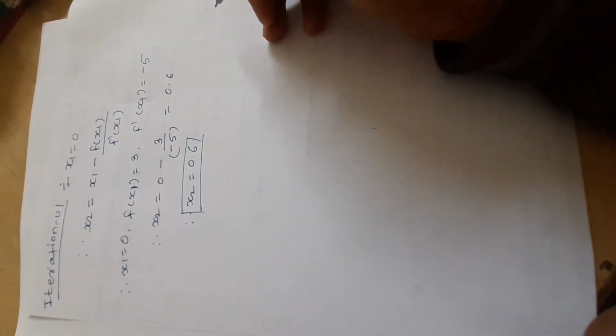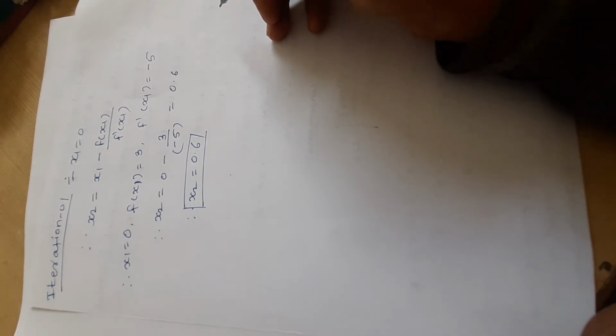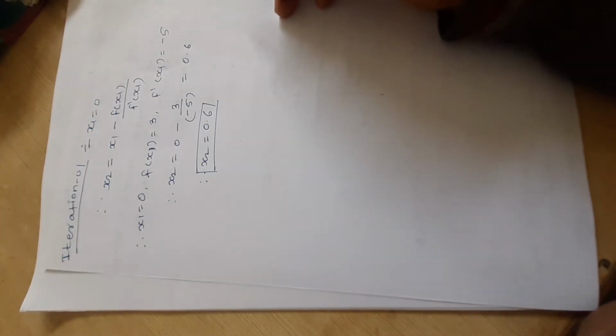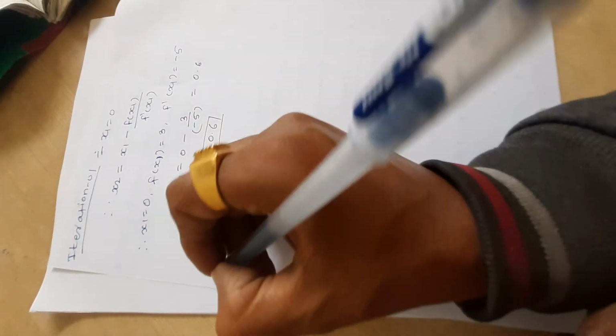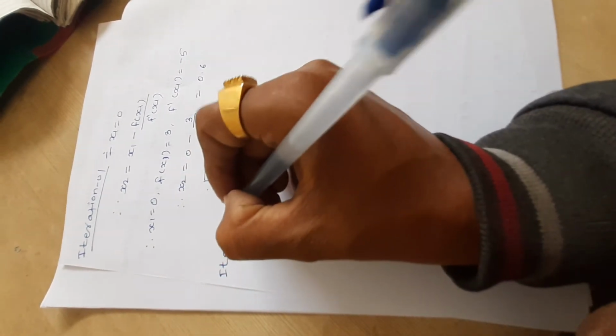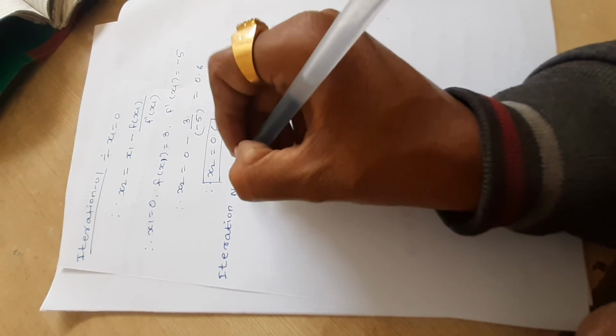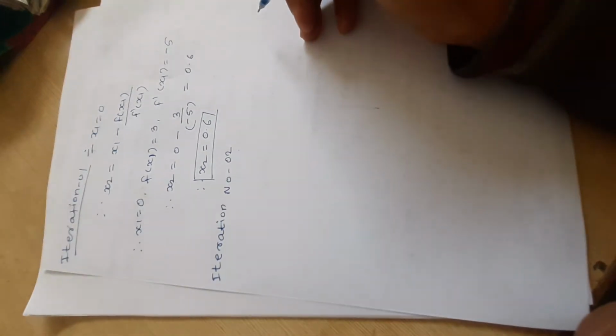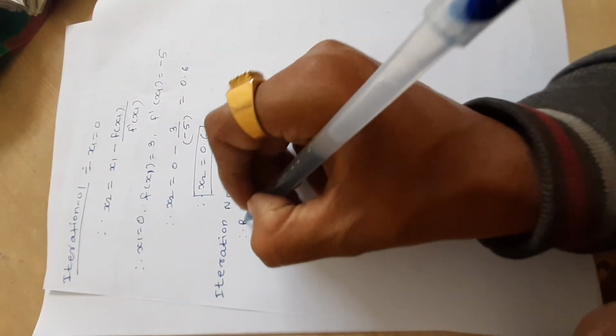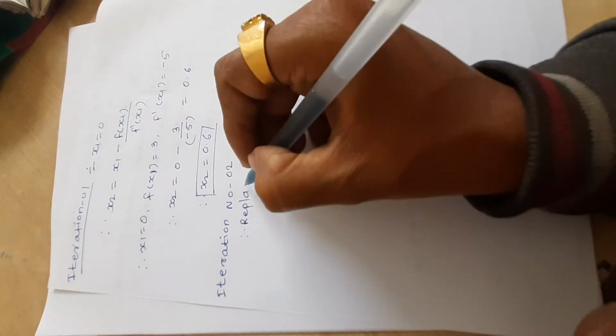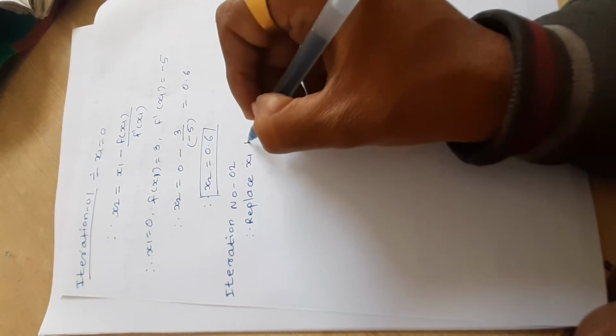First root of equation, that is for iteration 1. Then students, next we'll proceed for iteration number 2. For iteration number 2, important step is replace x1 by